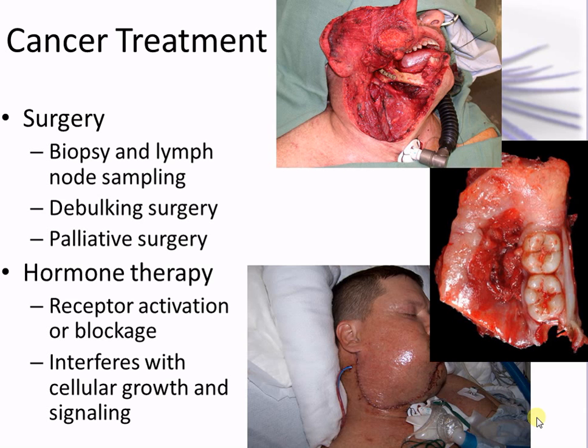Yep, so that was surgery. Typically they'll do a biopsy, extract some tissue, see exactly what's going on, and then remove that area. And they usually remove extra tissue because they're afraid that if these cancer cells spread into the area and they miss them, it's just going to come back anyway. So they usually take out more than they need to.